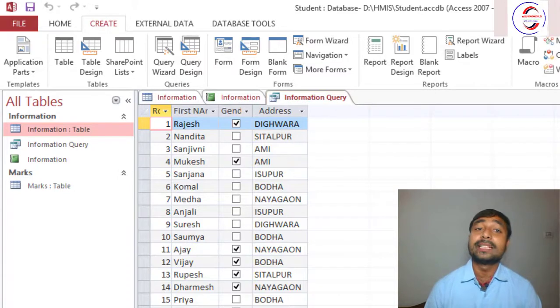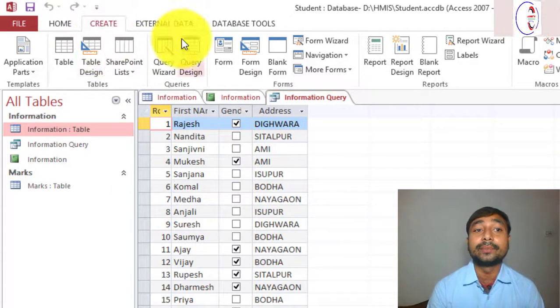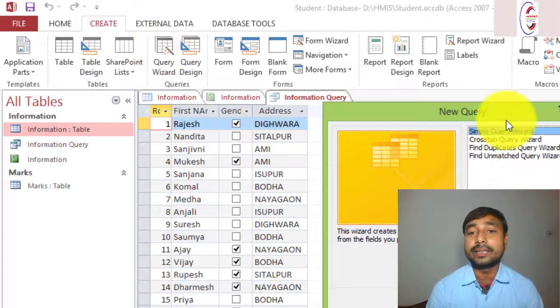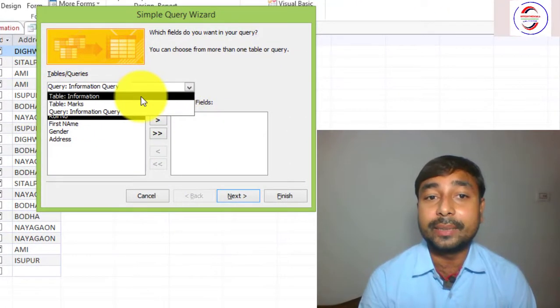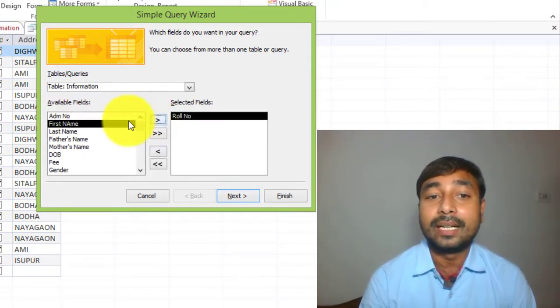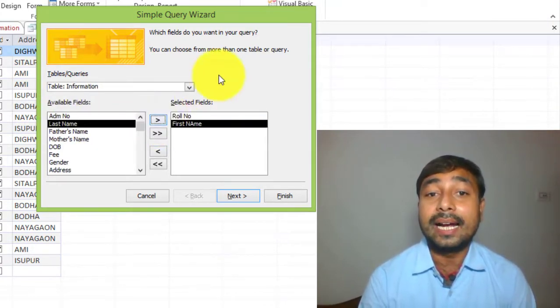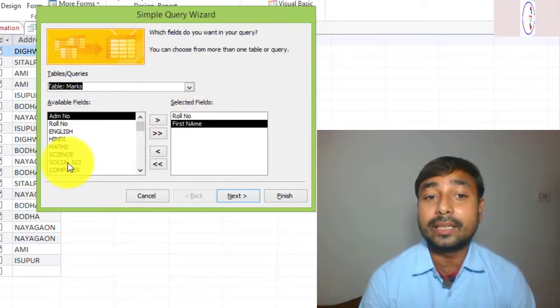Suppose that I have created one query, and I want to create another query. So again I will have to click on simple query wizard. Now just see why we need the relationship. Again I will take the information table, and suppose I take roll number and first name, and from the next table I want the marks of the computer subject.